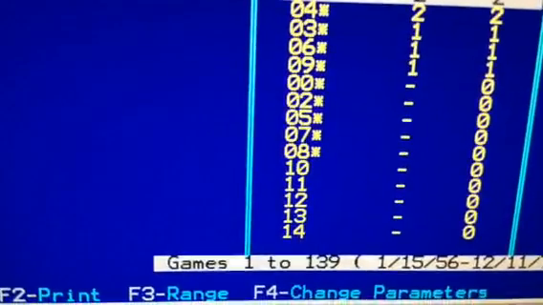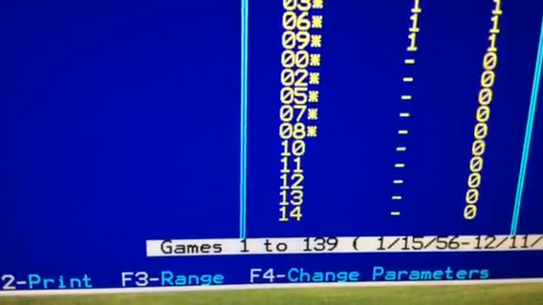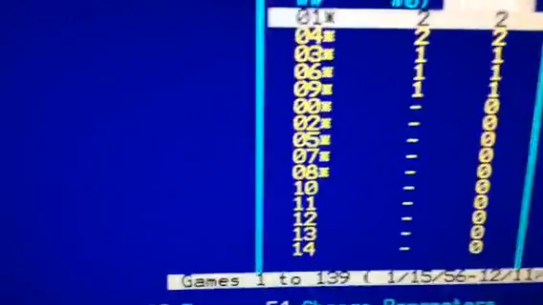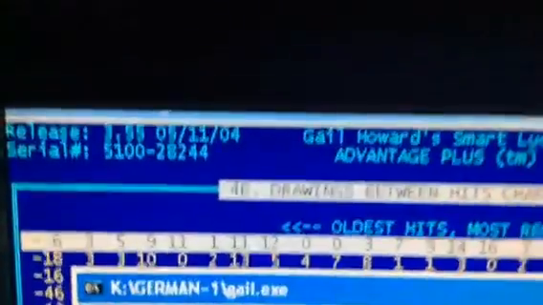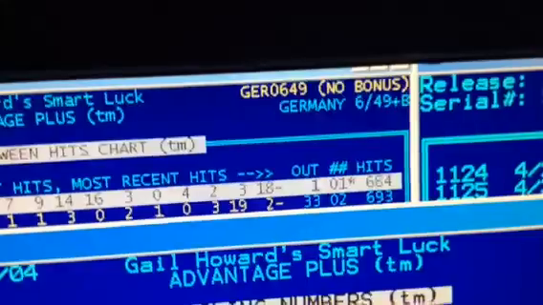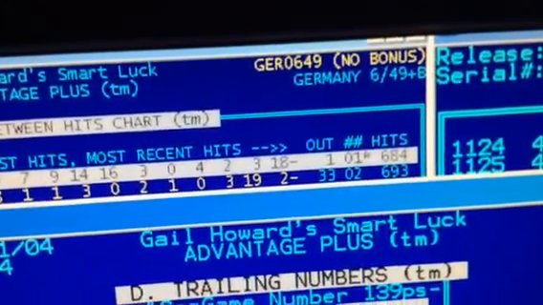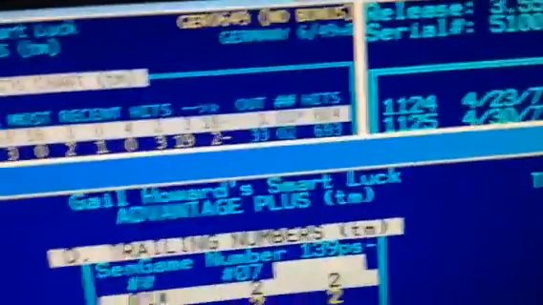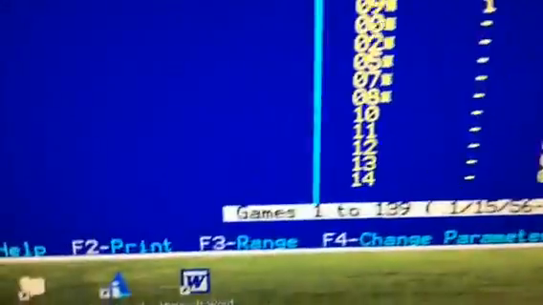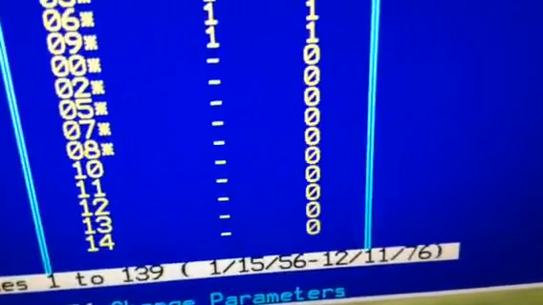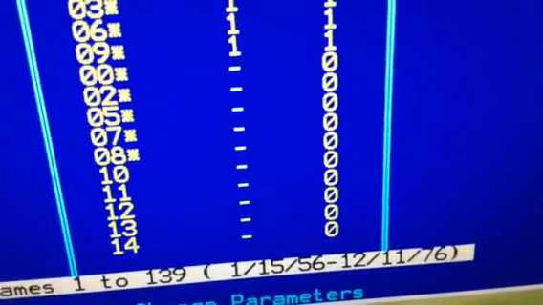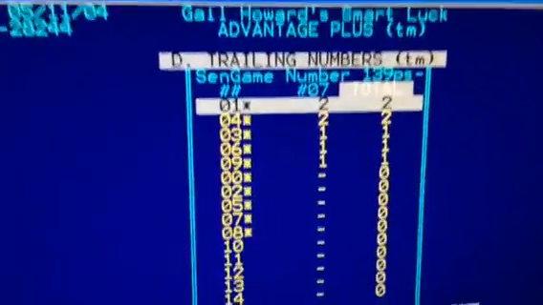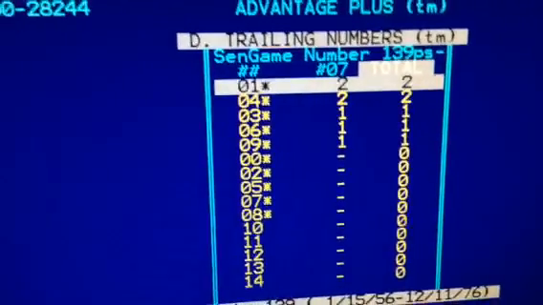But keep in mind, we're only talking about 139 drawings that lottery number 1 has been drawn. This isn't the full 684 drawings that lottery number 1 has been drawn. We're still back in 1976, so I still have some more data I need to put in. Still got quite a bit to put in, but just based on this limited information, if you were analyzing and